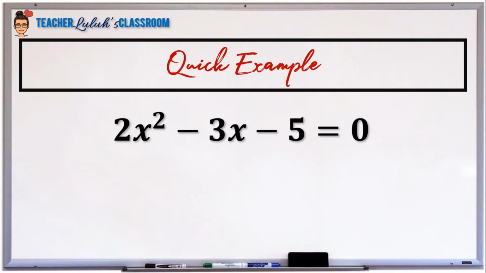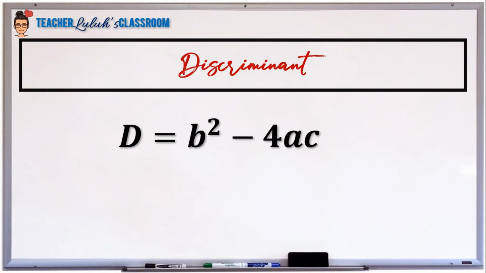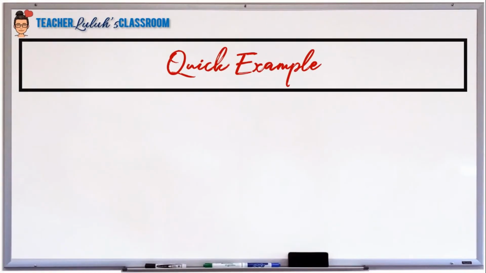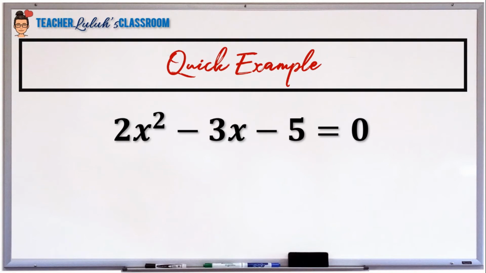Okay, next, another thing that we could get from the coefficients is the discriminant. So the discriminant is basically the term inside the square root symbol in the quadratic formula, and it determines the nature of the roots. We are not going in there because our task is just to review where could we use the coefficients. So the discriminant is b squared minus 4ac. So if we have the equation a while ago, which is 2x squared minus 3x minus 5 equals 0, its discriminant will be,